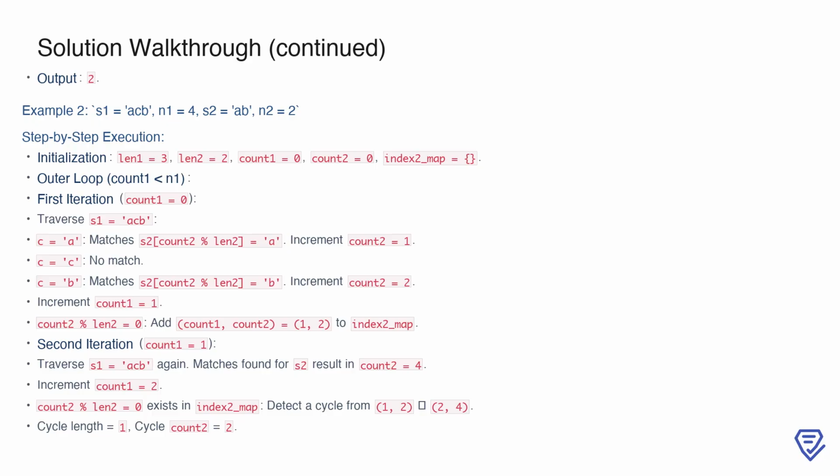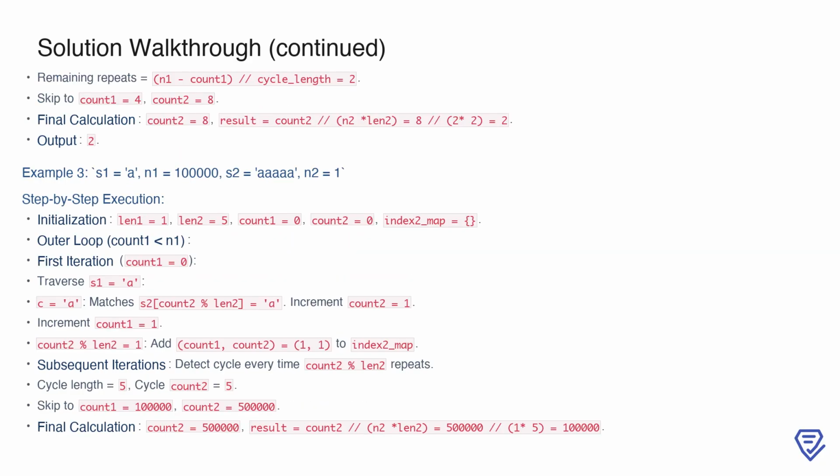In the second iteration, we traverse S1 again and match another full repetition of S2, bringing count2 to 4. At this point, we identify a cycle because the state, count1, count2, repeats. By analyzing the cycle, we determine its length is one iteration, and it contributes 2 full repetitions of S2. This allows us to efficiently skip ahead to complete the remaining iterations. Using the cycle information, we compute the remaining iterations. The cycle length is 1, and since 2 iterations remain, we skip directly to count1 equaling 4 and count2 equaling